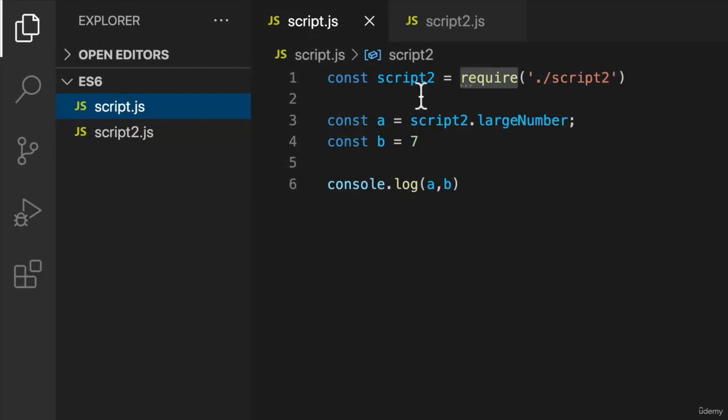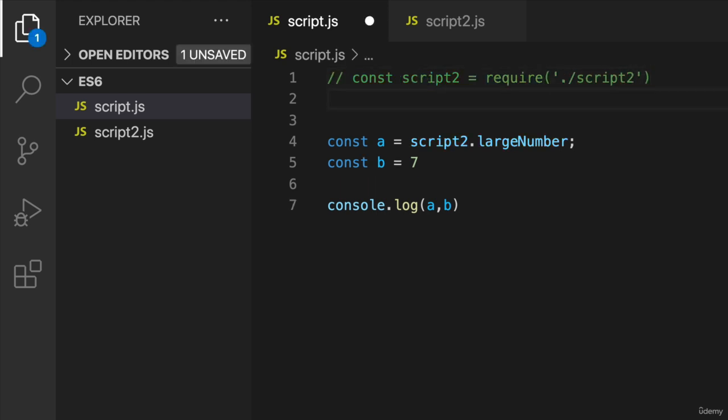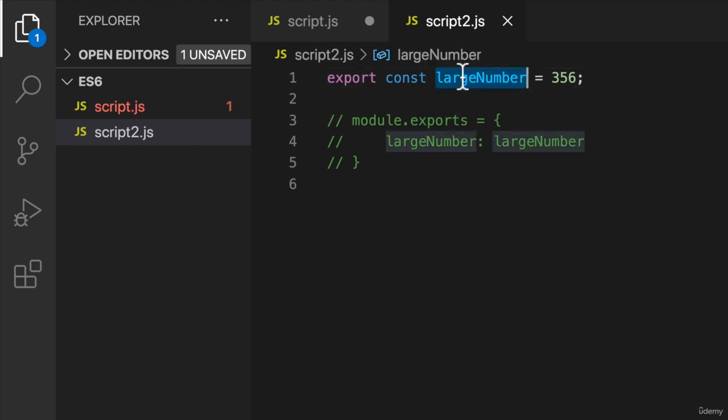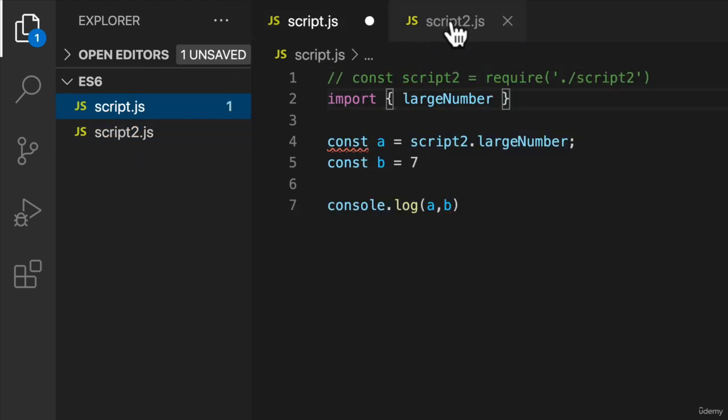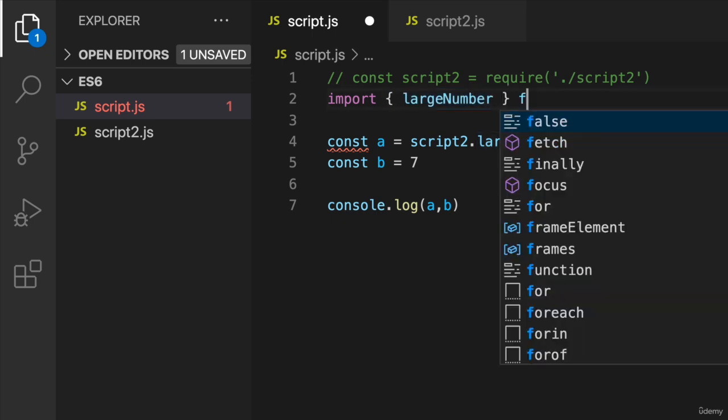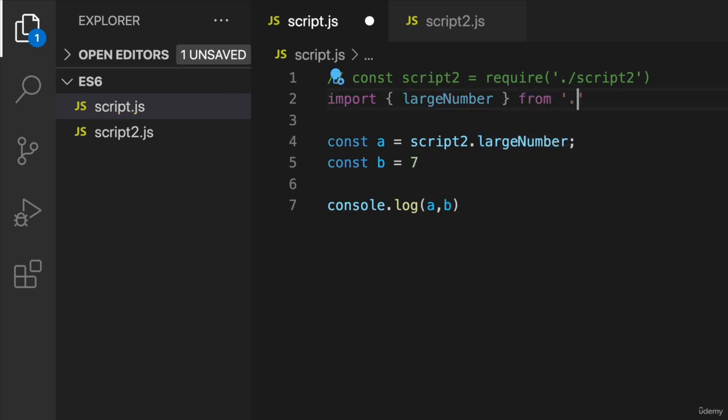Next, in here, instead of the require syntax, let's comment that out and let's say import. And in here, we'll import, doing destructuring, the largeNumber that we exported. So remember, we did export largeNumber, and we're going to say from script2.js, grab largeNumber. So this object destructuring simply says out of the script2 object that we're going to import, just grab the property largeNumber. So I can say from, and in here, dot